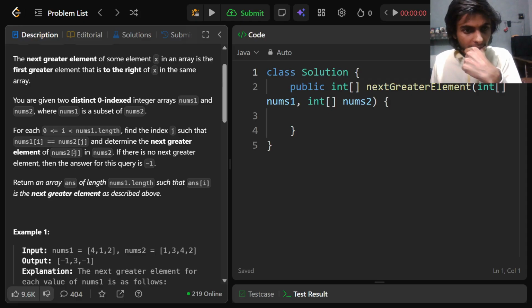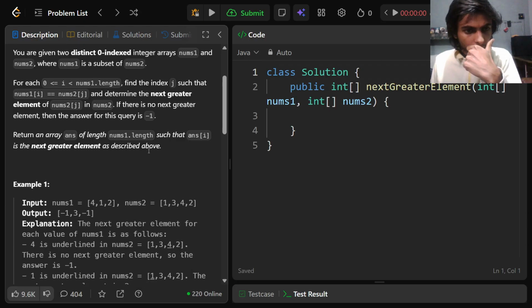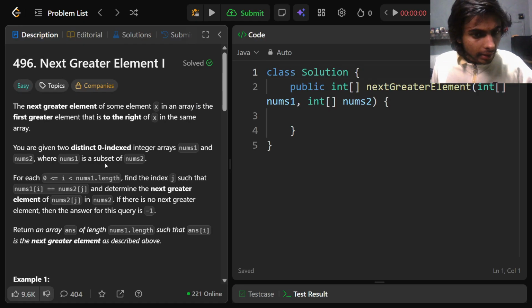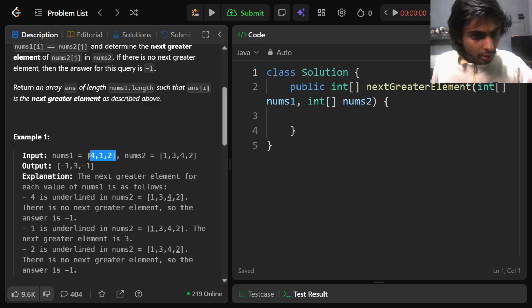We are given two arrays where the first array is the subset of the second array. So this num1 is the subset of this, and we just need to return